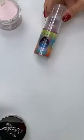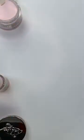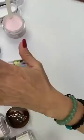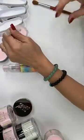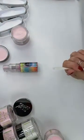Say I wanted to go into maybe a darker tip. A lot of times when you are working with that kind of technique with SNS, you have to set up the darker color so you're not mixing it. So I'm going to demonstrate how you can create a nail using